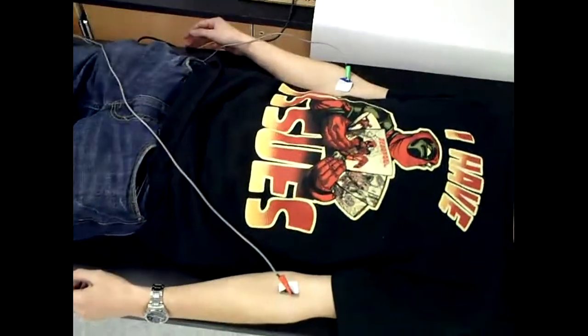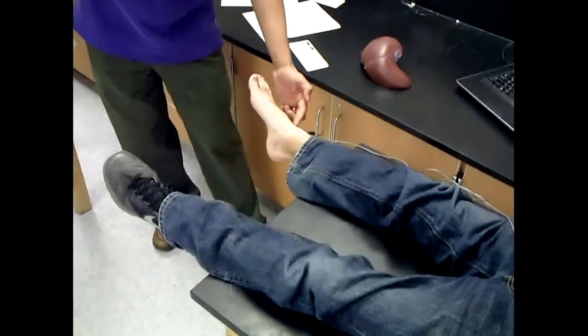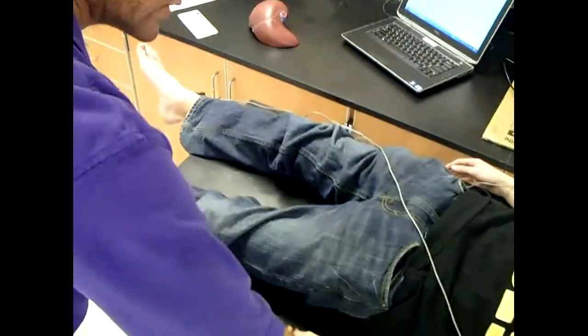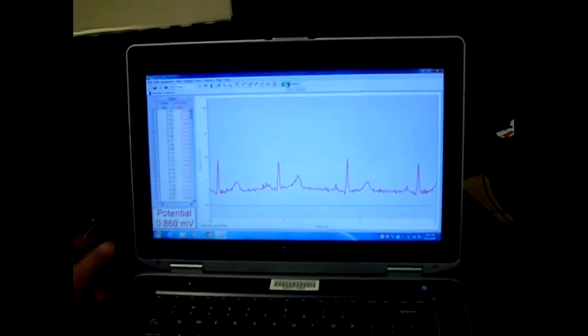He's volunteered. And so on our right side we've got the green probe, and then on the left we've got the red, and then down here is where we put the ankle. Traditionally we would put that about right here. So the next thing we have to do is just run it. Now it's probably not going to show up on the screen, but with the software as it's connected,